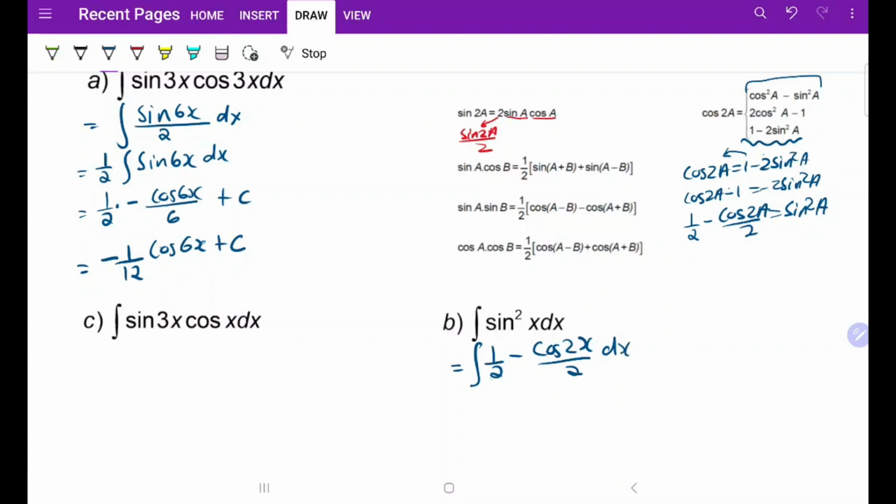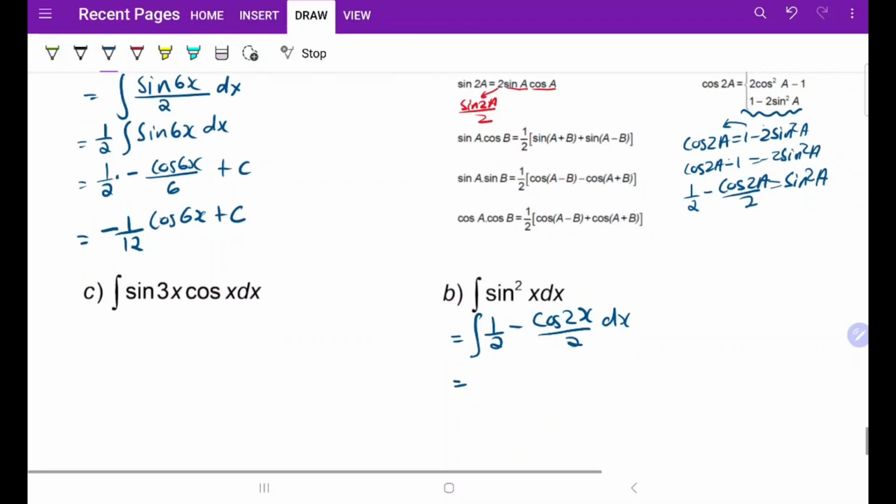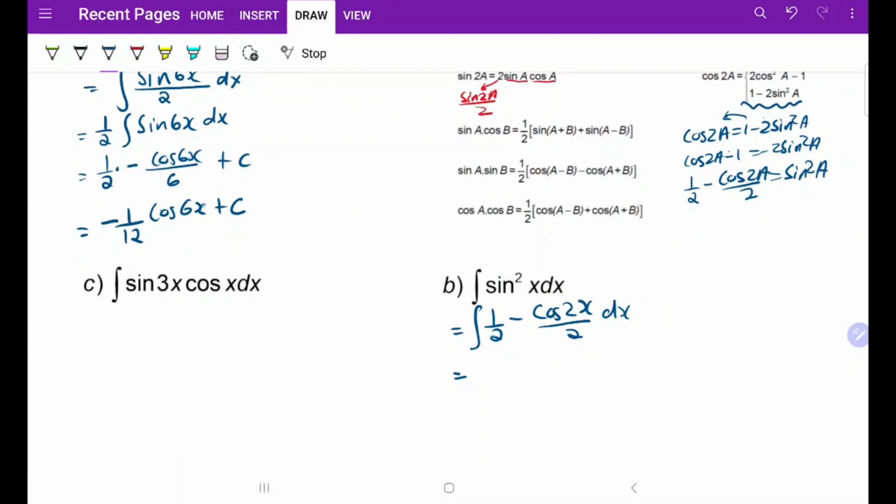And this is simply the same as taking the integral of each of these individual functions by themselves. So we can work out that the integral of a half will just simply be a half of x minus, so you can have the 2 on the outside, and therefore all that we're doing is taking the integral of cos of 2x. So we know that the integral of cos is sine, so this gives us sine of 2x, and then we divide by the coefficient of x, which is 1 over 2,